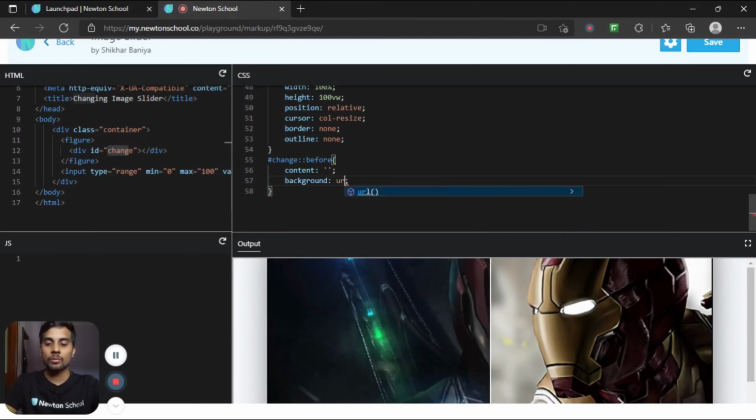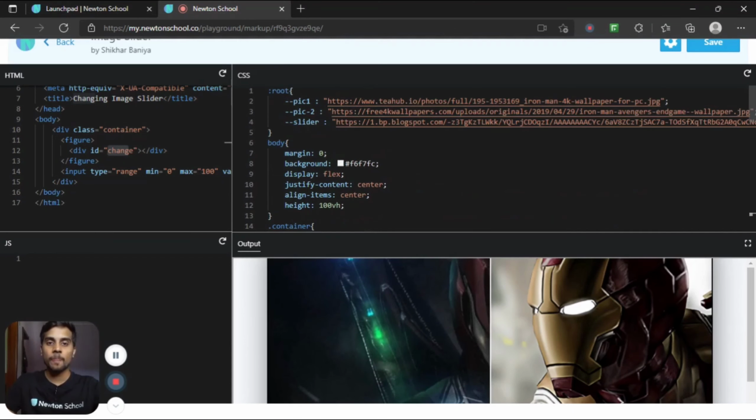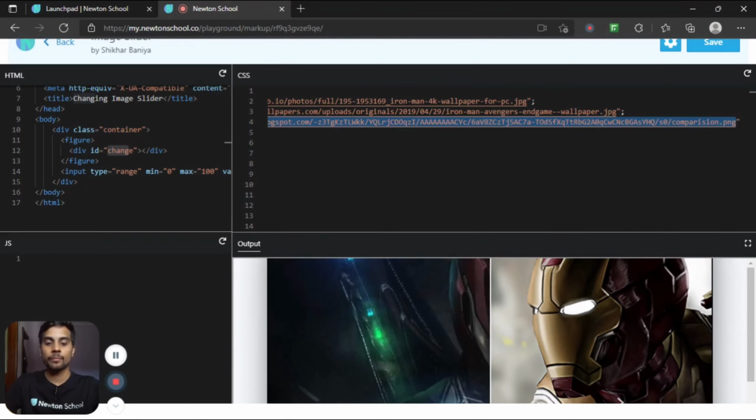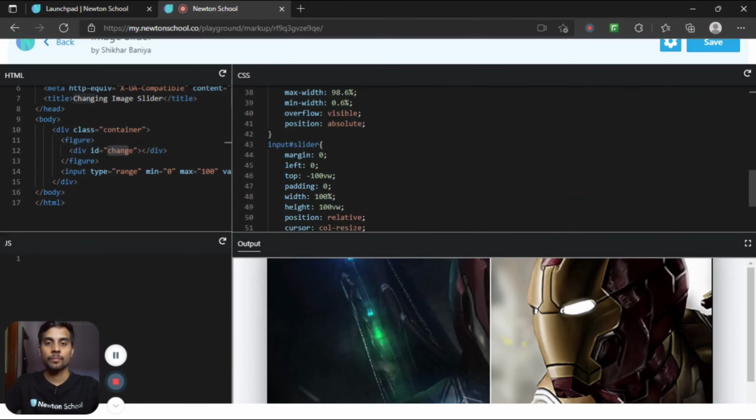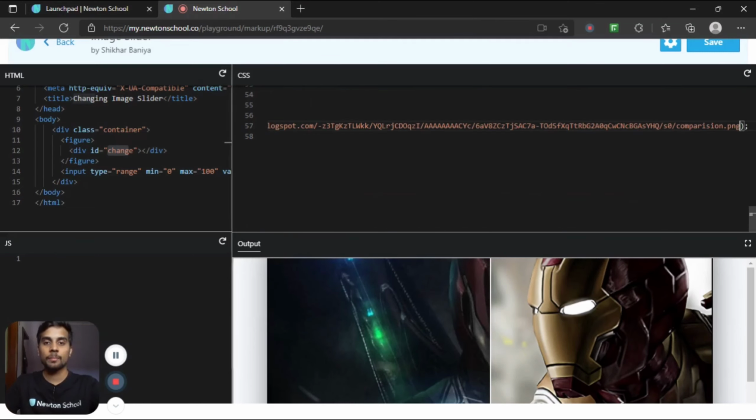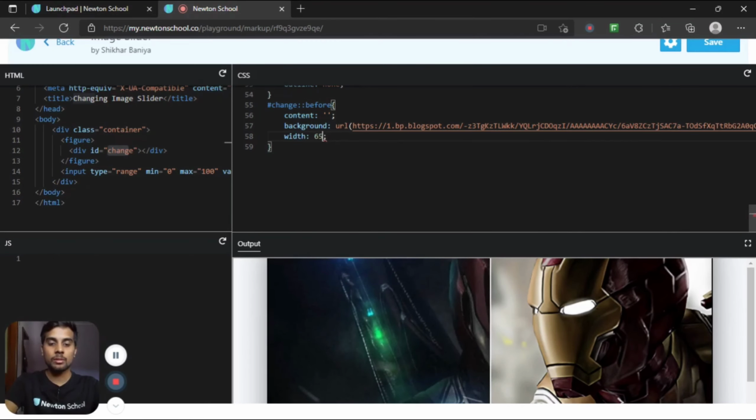So for background, we are going to use url, and let's copy this slider URL and paste it here. Let me set the width to 65 pixels, and we have to set the height as well, so height will be 100%.